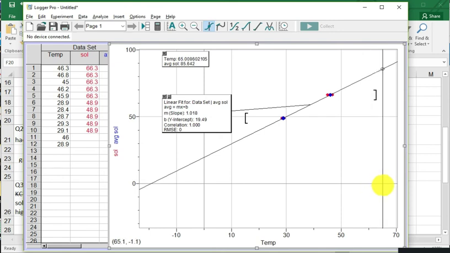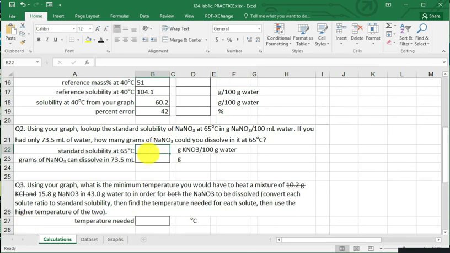So I can get really precise using this interpolate and examine tool in Logger Pro. And I get 85.6. So I go back to my spreadsheet, and this is 85.6. But I have to re-reference it. That's how many grams could be dissolved in 100 grams of water, right? So I have 85.6 per 100 grams, and I want to know how many is that